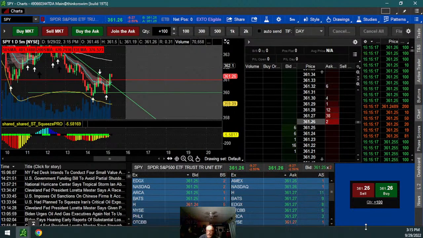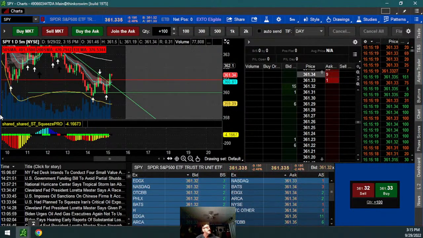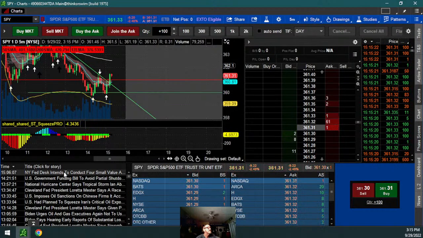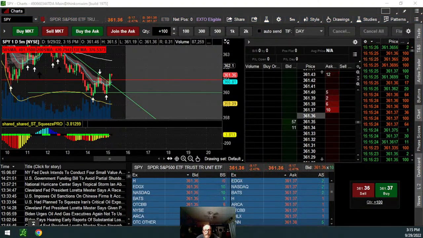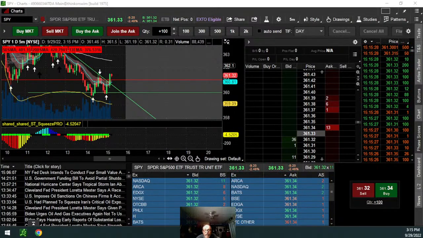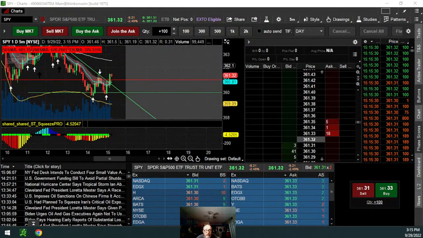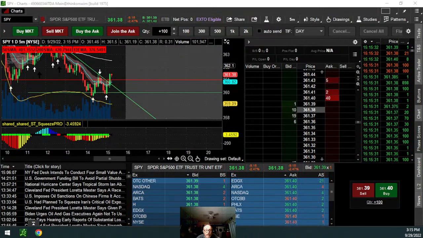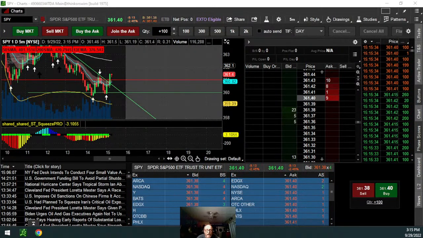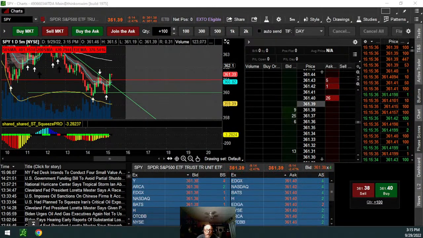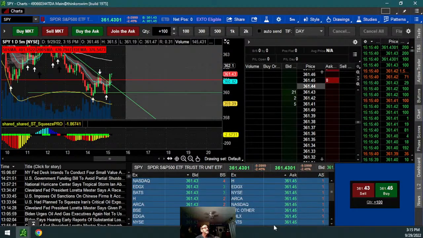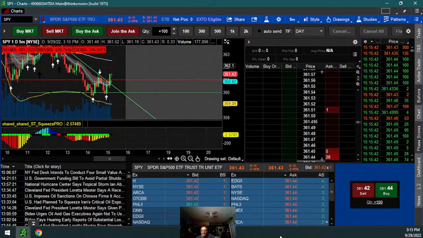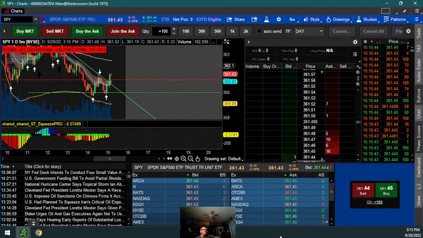What's the news? Here, it's got some Fed news. The Fed's intending to conduct 4 small value coupon swap operations. I don't know what the hell that means. The other one was at 14:21. That's already passed. So the New York Fed will intend to conduct 4 small value agency MBS coupon swaps. I don't know what that means, and I don't know that it has much effect on the whole market. It's a New York thing, but whatever it is.